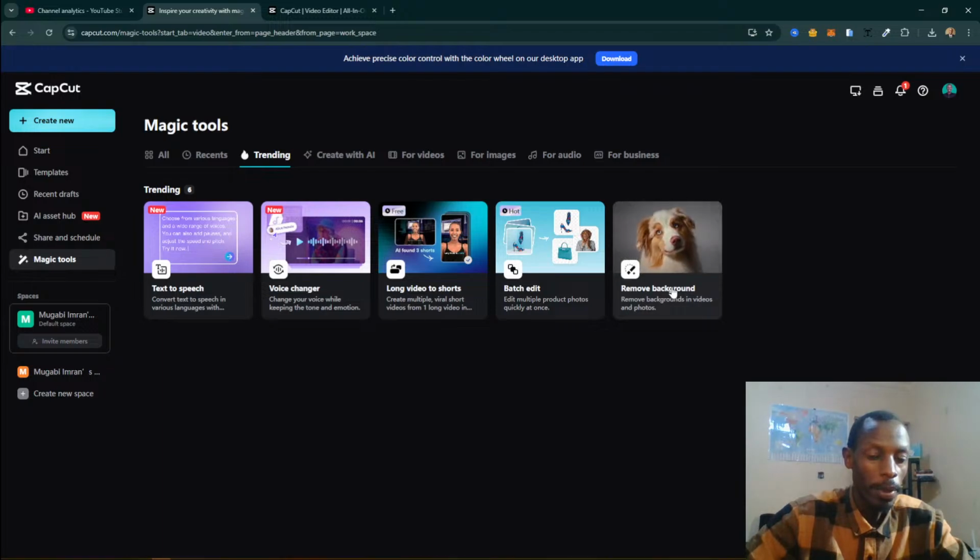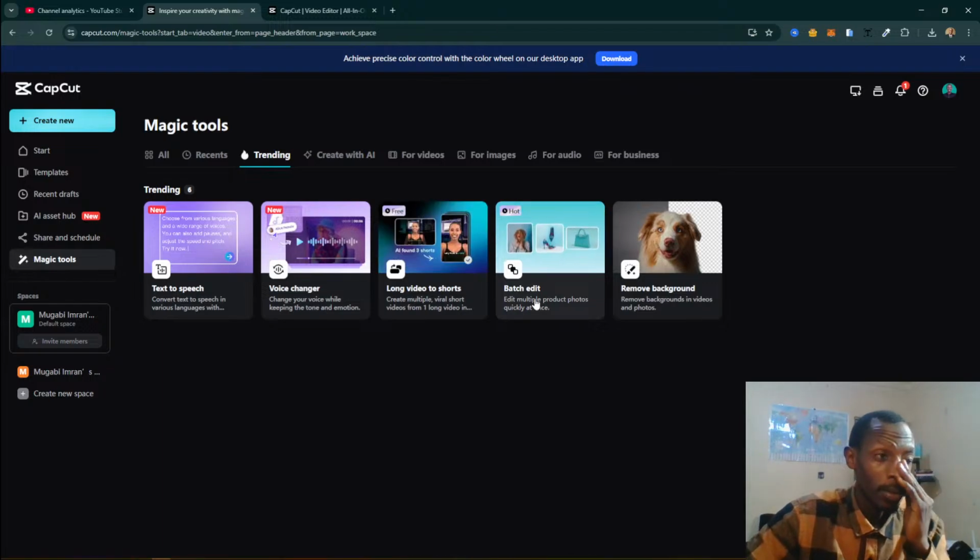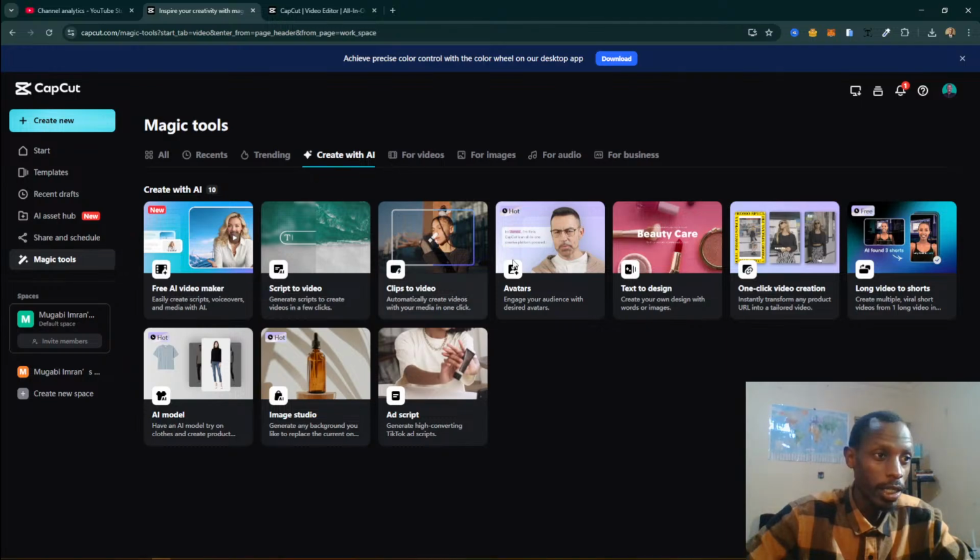If you know the Opus Clip app, that also does the same, and many other apps. And then we have the Create with AI, that's like a free AI video maker: script to video, clips to video, avatars, and making your avatars. You can also upload your own avatar and make it talk. Text to video, one click video creation, long form videos to shorts, AI models, AI studio,